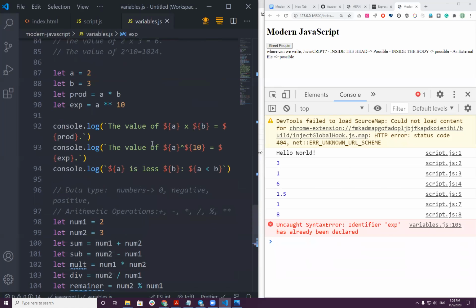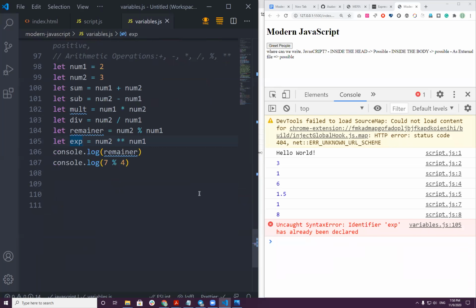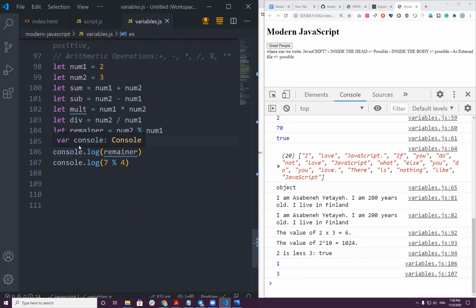I declared it somewhere here, so it's crying. I have a bug here. 105. You go to line 105 and you fix it. Yeah, ex. Now, this kind of variable name is not good. It doesn't say anything, right? Yeah, so exponential